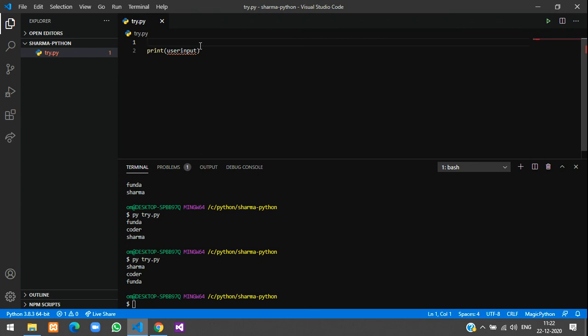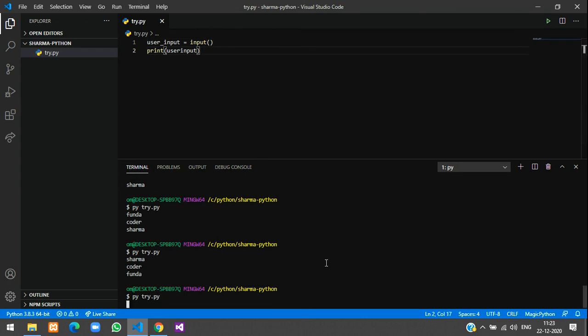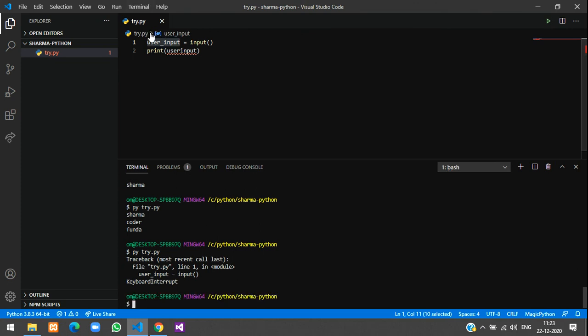So for this, create a variable user input. To make it clear, let's give an underscore in between. user_input equal to, give the input function here. So input, and now print that. We'll run the code. Okay, there's some problem. We changed the variable name, so we have to give the same variable name to print also. So now when we run the program,